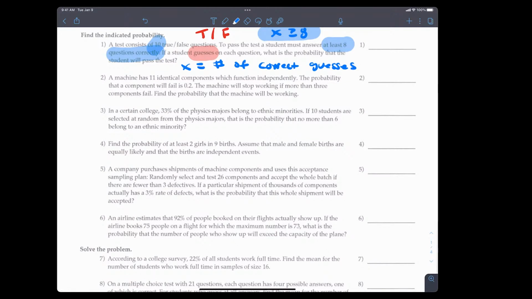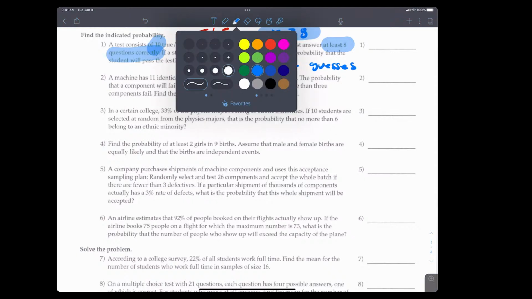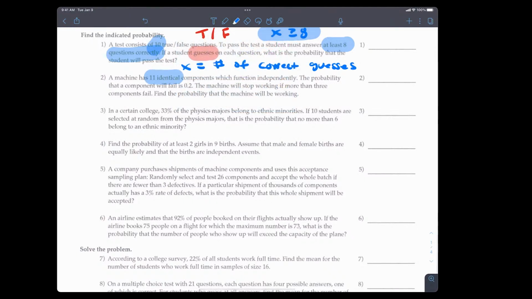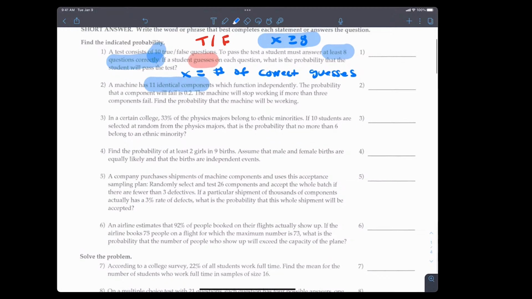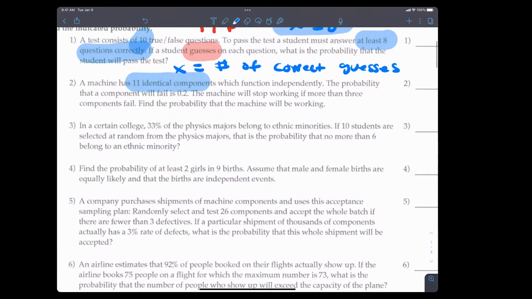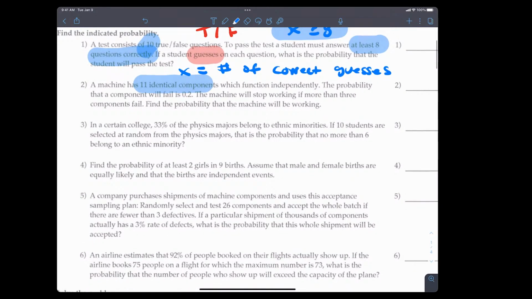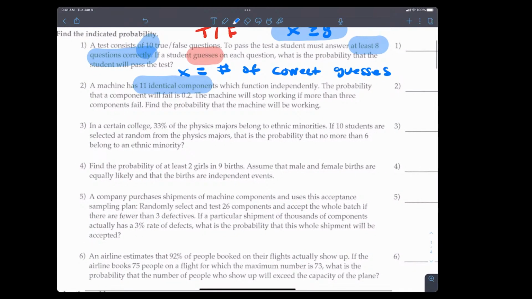Now, number 2 is an interesting question. So number 2 says this. So we have a machine now. Okay, so the machine has 11 identical components in it. So if we start to read this, and they all function independently, the probability that each component will fail, I'm just going to notate this. Probability that a component fails